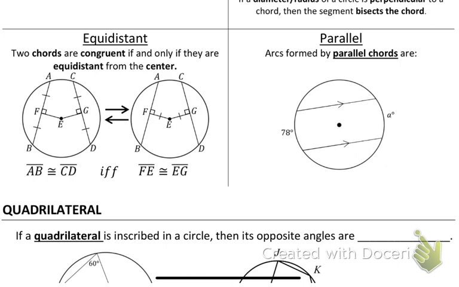What I'm kind of thinking about is if I took this picture and erased all of this stuff, just using intuition, what do you think A would equal? It would be 78 degrees. If you have parallel lines, the opposite arcs being cut are congruent. So that's why it says arcs formed by parallel lines are congruent. So if I needed to find A, I would just say it's the same thing as that other side. We could put little tick marks on there and say A equals 78